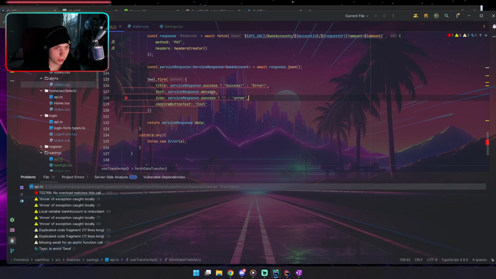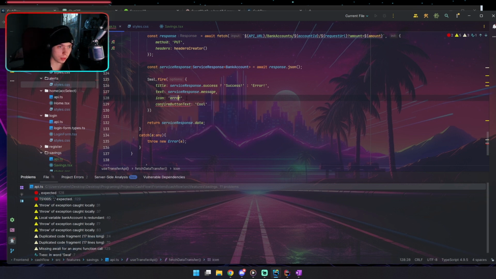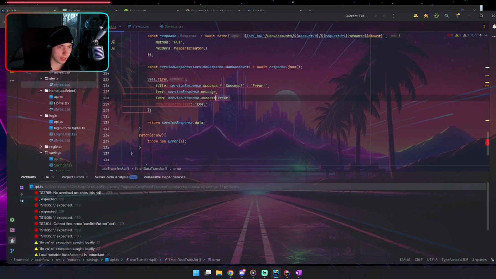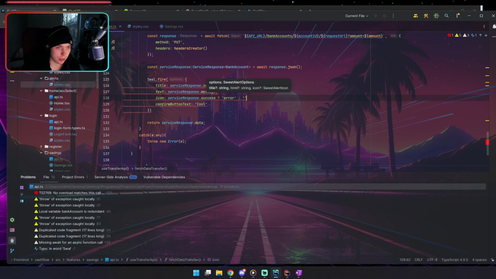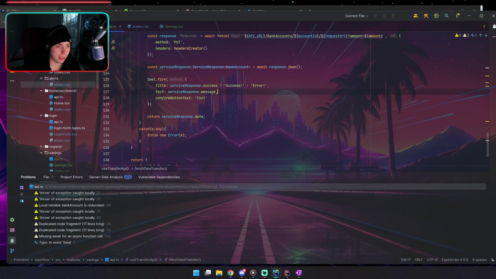Why is it so bad? Like text icon service response, why is error? Now everything is good, but if I try to write service response success, okay, now it does work. Now it doesn't. Okay, and now I don't get it. Okay, so the icon will be